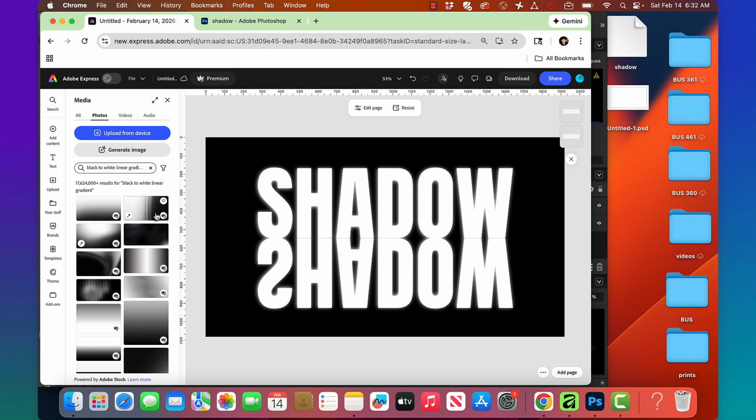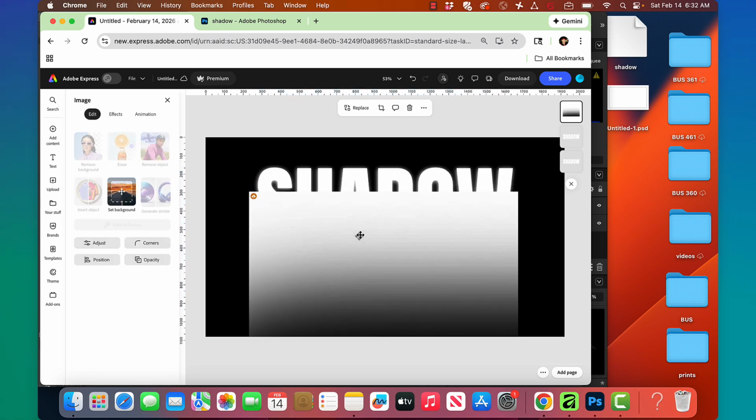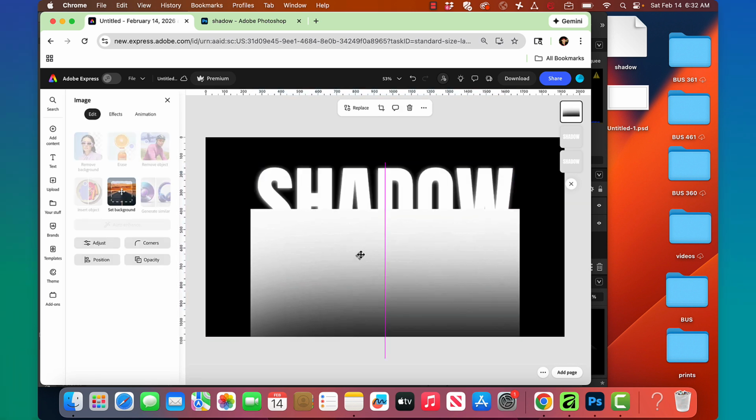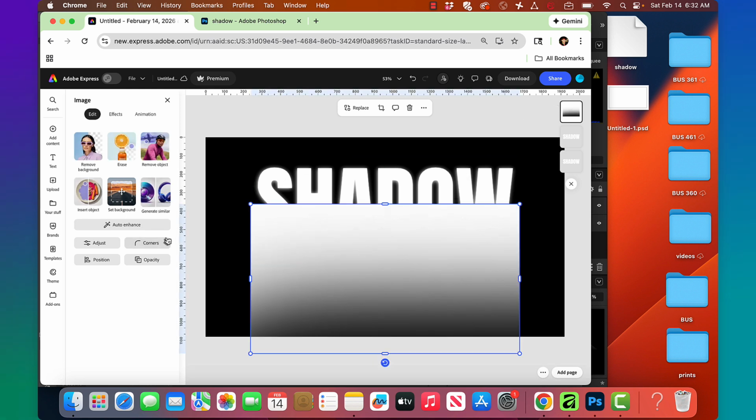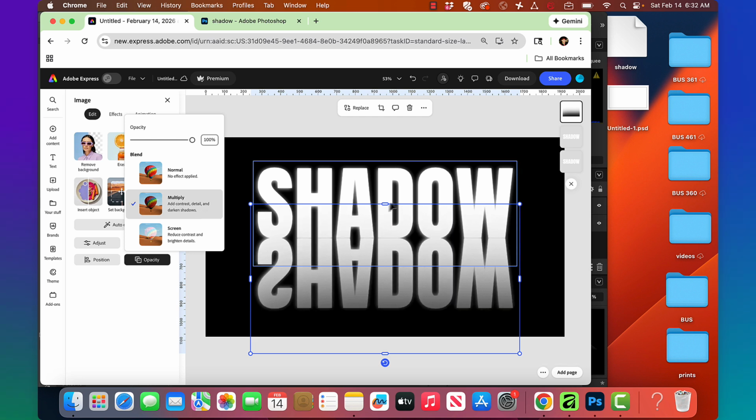Okay. And this first one works great. And I am going to reposition it for now. And I'm going to change the blend mode to opacity multiply, where the blacks win and the whites drop out. I'm going to come here